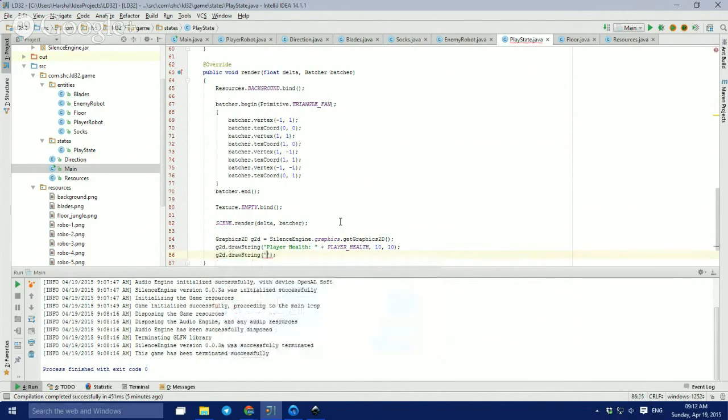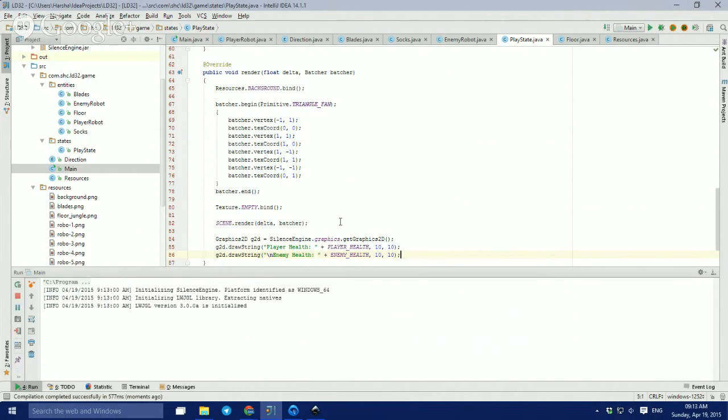So drawstring, I'll add a slash n before, so it will automatically go to the new line after by the size of the font. So enemy health is enemy health, and this is the same. So now if I run it,